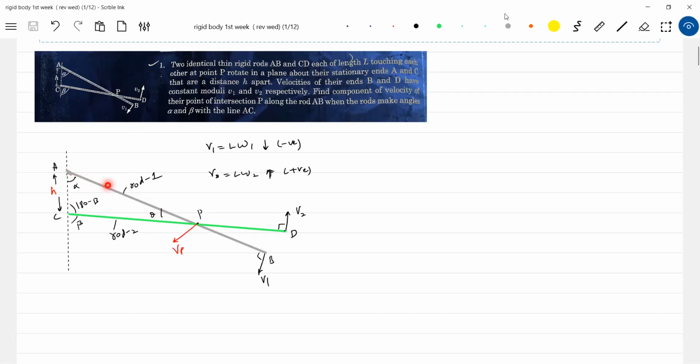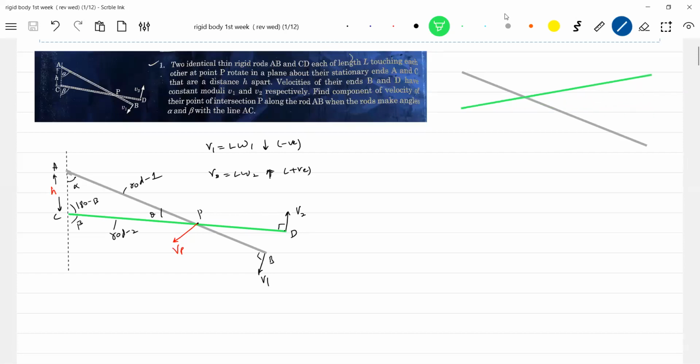So somehow if I can calculate the distance AP, I'll differentiate this length because this will be varying. This length AP will not be fixed, will be varying. I think you should be able to imagine. If I move the rod, in a rough diagram, some of you are not understanding this one, so it is like this. Okay, now it will be visible. So now this will move like this. As it moves, look at the point of intersection. It is having a displacement. You should imagine both the rods are moving.